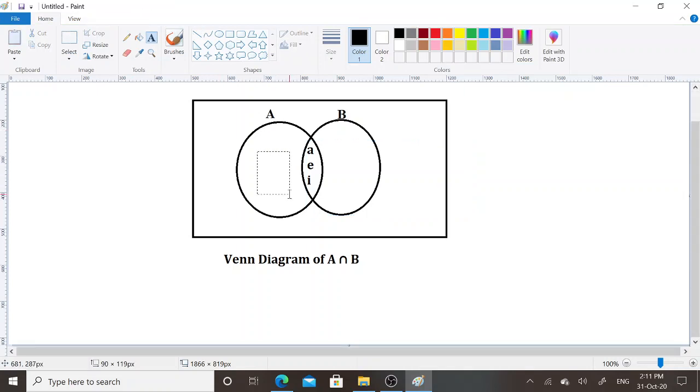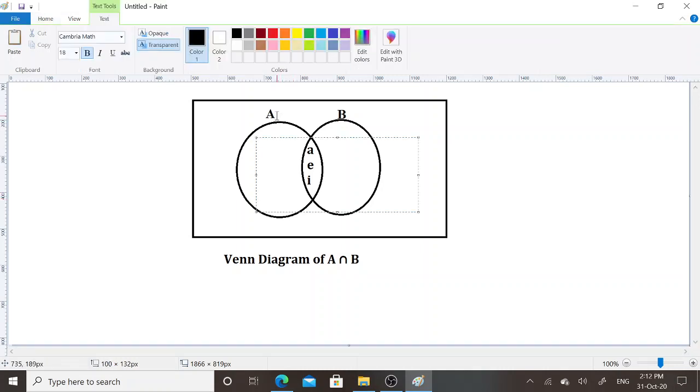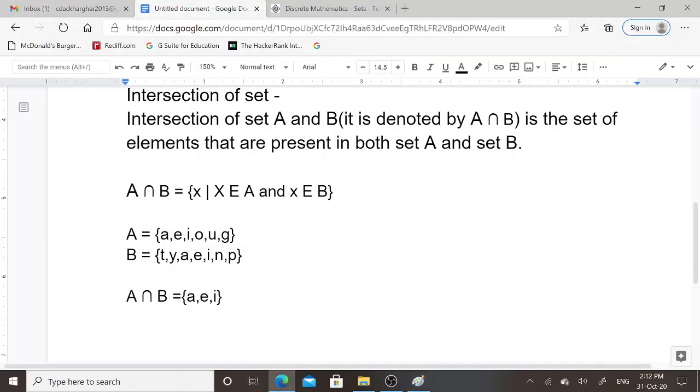In the next step, I need to add those elements that are present in set A. Apart from A, E and I, in set A, O, U, G, these elements are present.